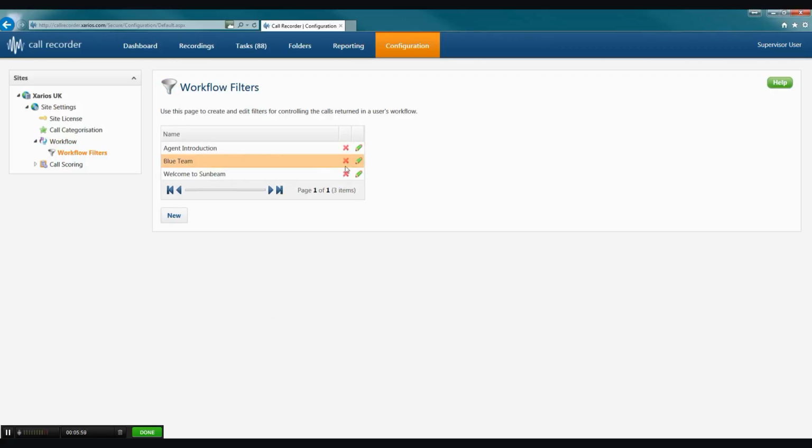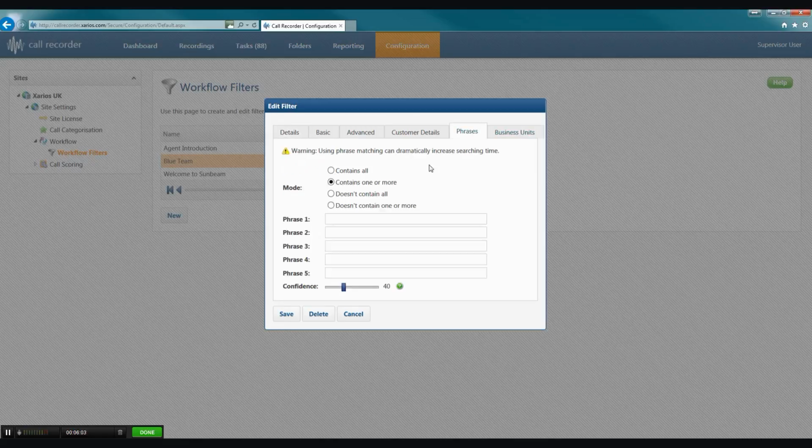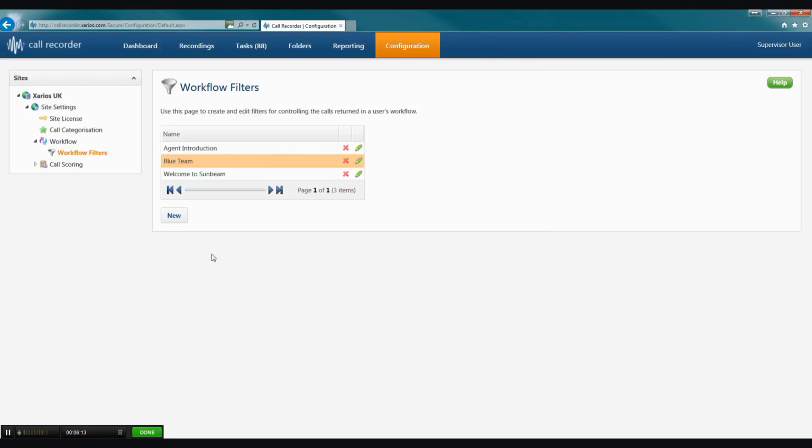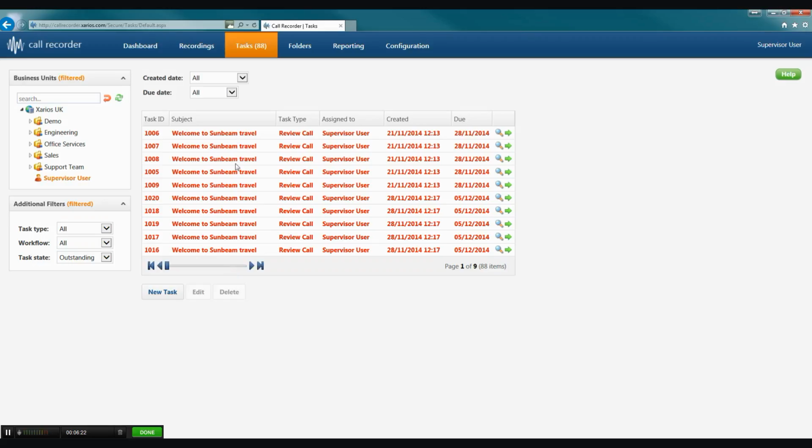The key thing to understand is that in the workflow filter for the blue team, if I chose to, I could create a phrase search as part of what I'm looking for in the same way as I did before. So I could put "welcome to Sunbeam Travel" or find all of the calls that were a complaint or something like that, and combine that with searching for calls that need call scoring. And that's a way to populate the task list of calls like this. Find me all of the calls where that phrase was spoken,